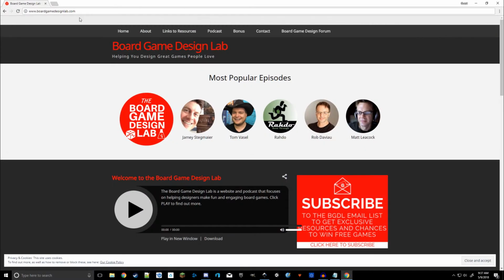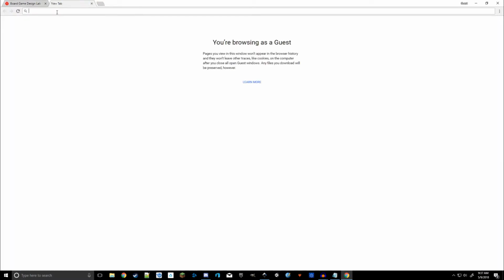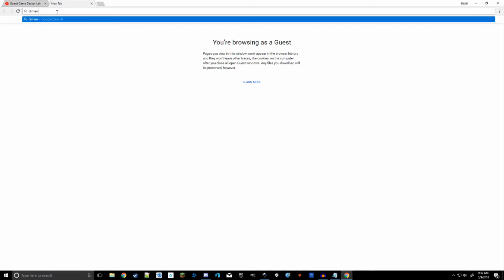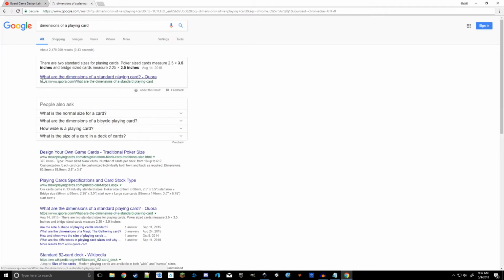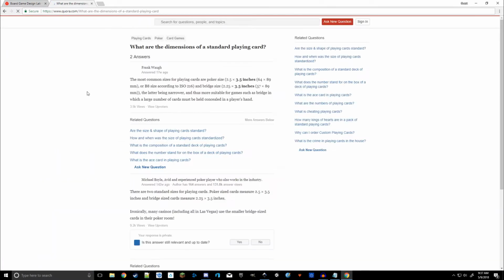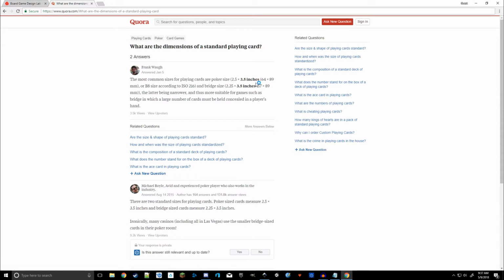So I'm going to open up Chrome, get over to Google, and just Google it: what are the dimensions of a standard playing card? Perfect. So, see here, 2.5 poker size. That's the size I like. 2.5 by 3.5 inches. Now, in Inkscape, everything's easier to do in millimeters,